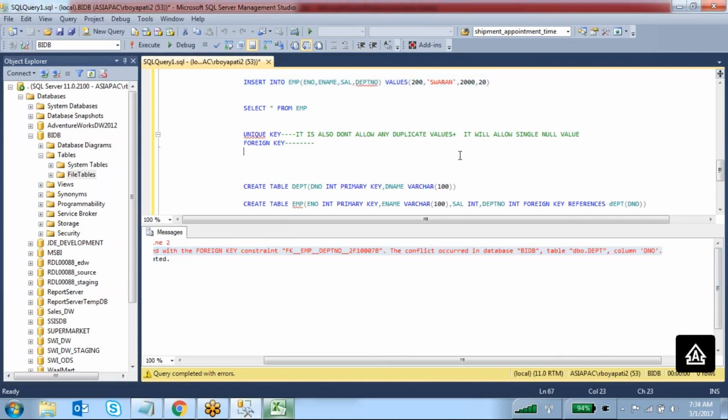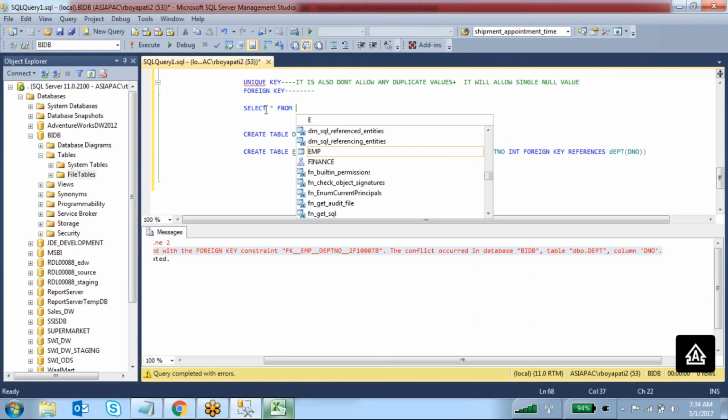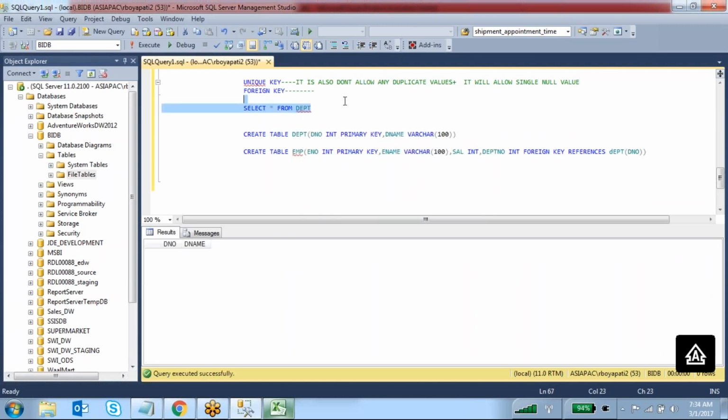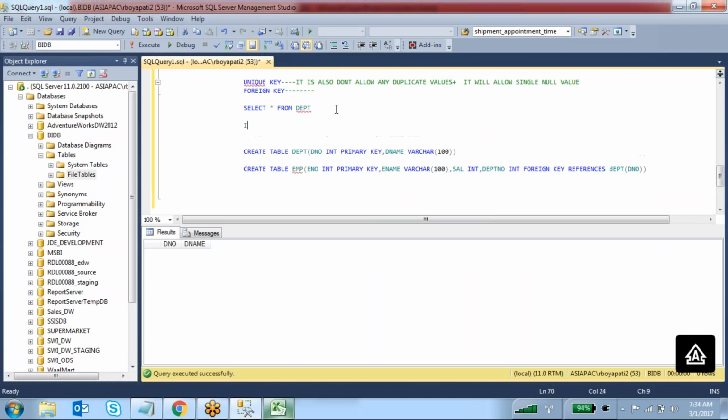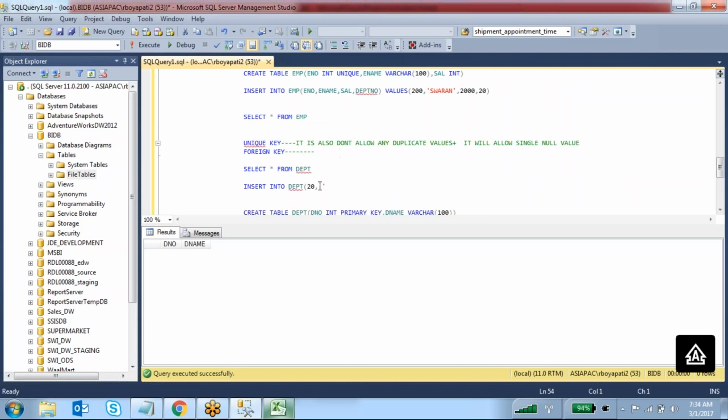See, because when you are inserting, 20 does not exist in our department table. Select star from DEPT. So first you have to insert into department 20 comma Informatica. Sorry.